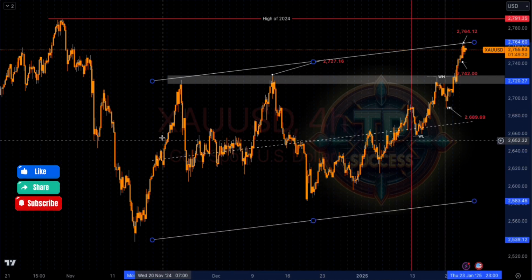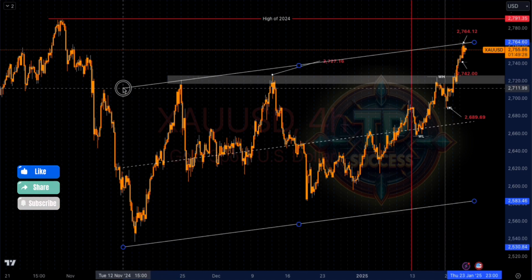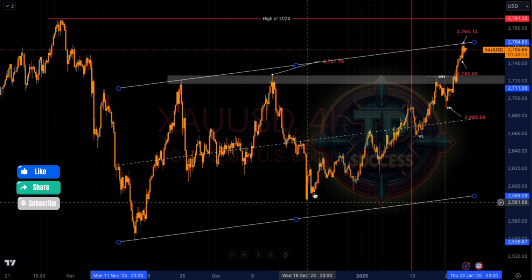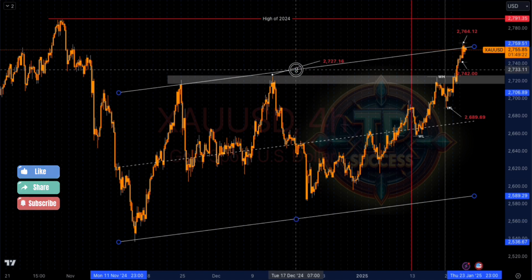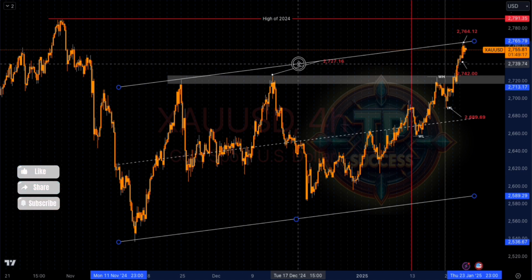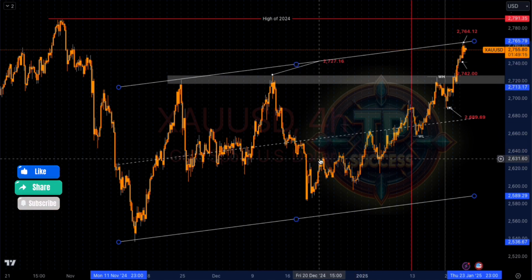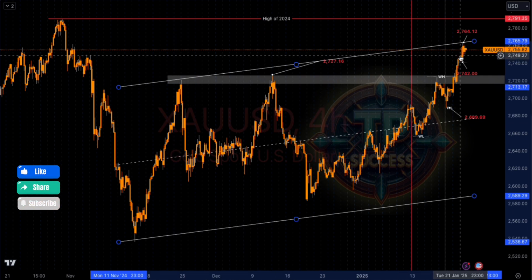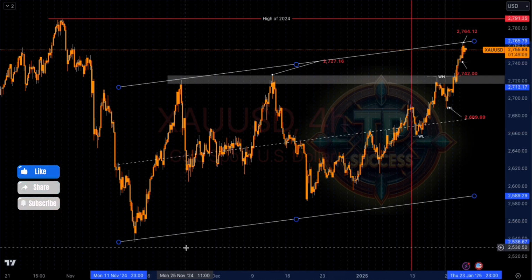We can expand it. Right? So it's fair to assume that this is what we've got going on, right? I'm going to keep a bit of room in there, but this is what we've got happening right now. Okay, so we could say we have two touches on the top side and one touch on the bottom side,